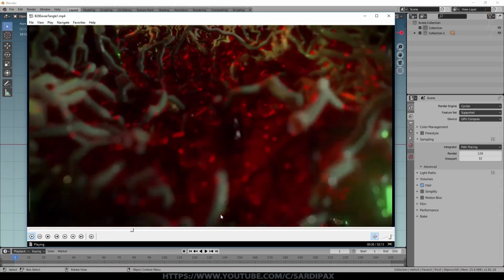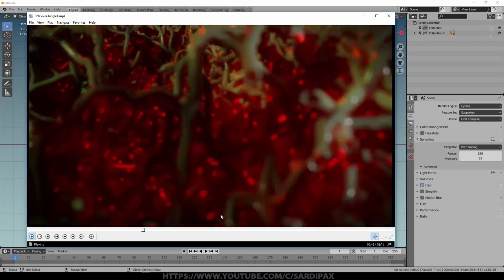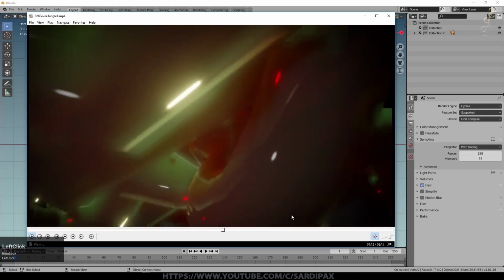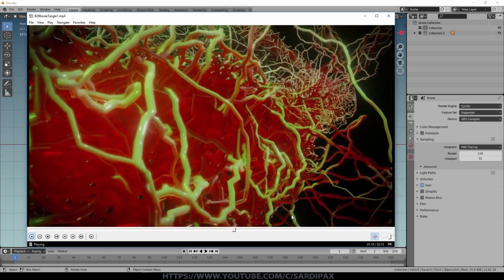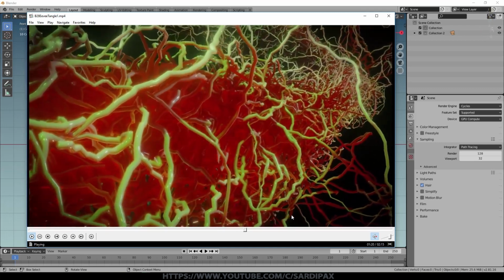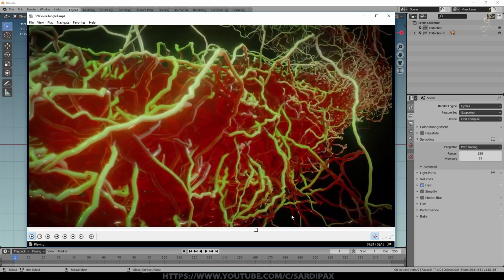And I've made a couple of different ways to move the camera through the scene, and I'll demonstrate how to do that. So if we move on a little bit, we can see some of the different ways. So it's actually following some of this tangled mass, and here it's actually looking back at the mass of tangled fibres, just to give you a bit of an idea of what it looks like.